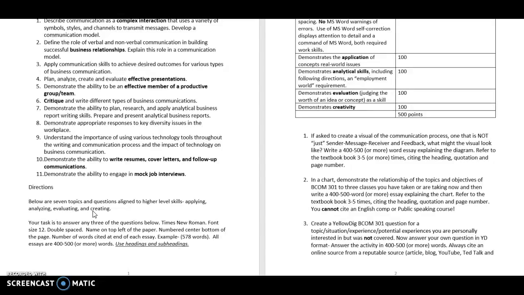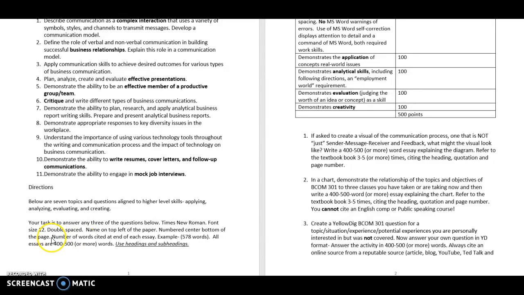I'm giving you 7 topics and questions that are aligned to the higher level skills outlined in the syllabus. Your task is to pick any 3 of the questions. Any 3 of the questions. Please follow directions. Here they are. 1, 2, 3, 4, 5,